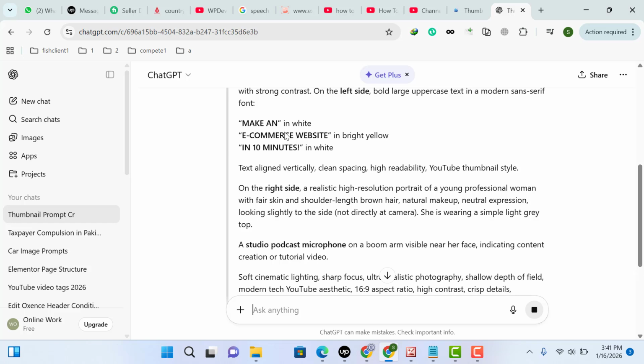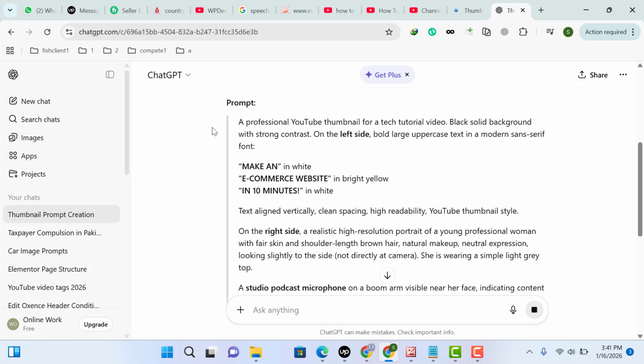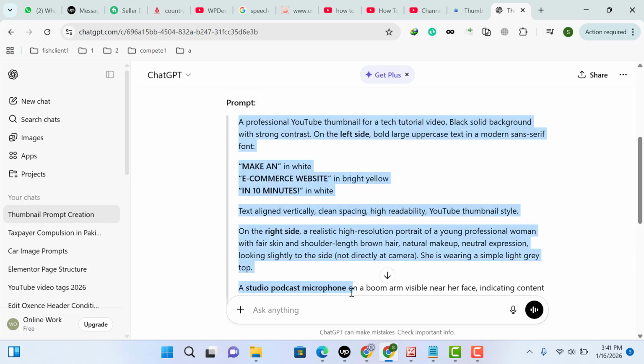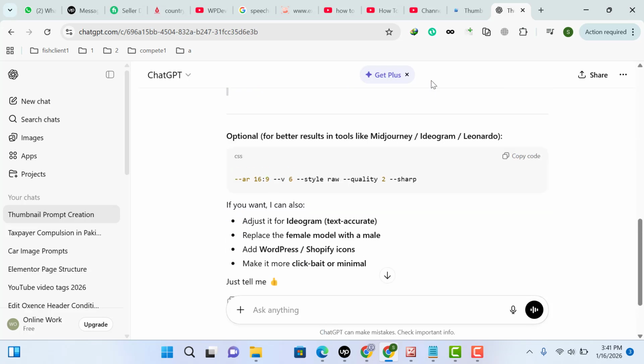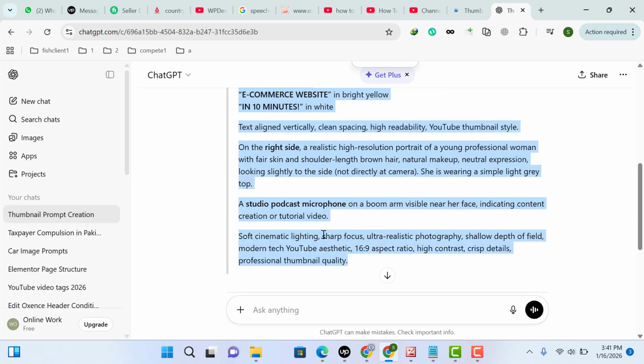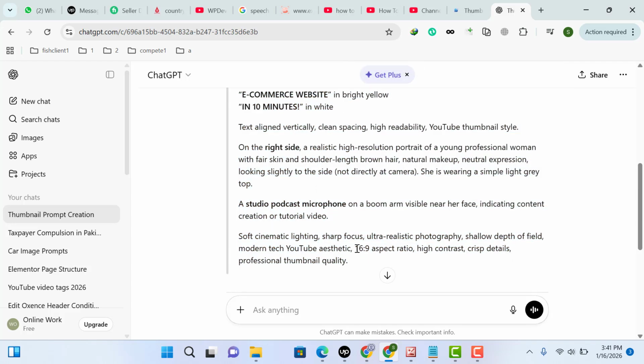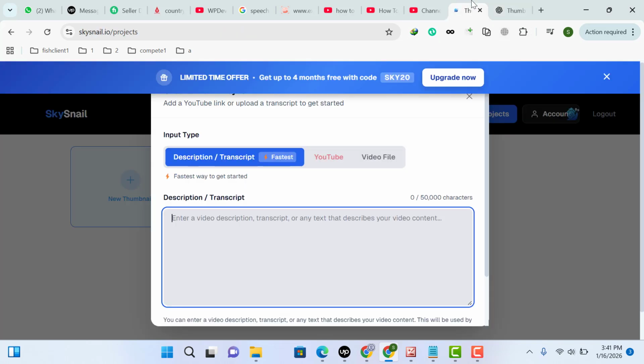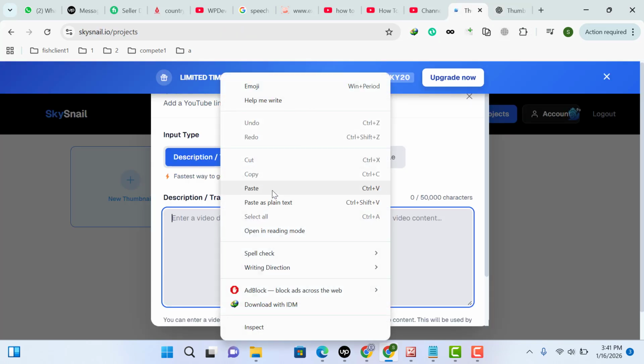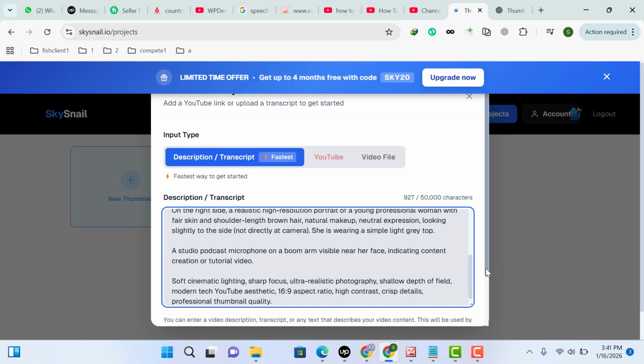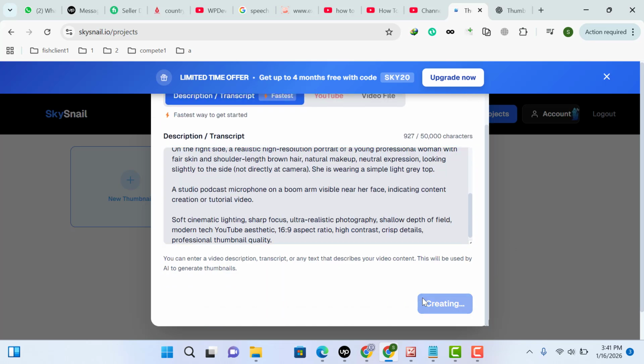Okay, now I can copy this prompt from here, select all of the text in the prompt, and one of the most important things is to make sure that you have selected aspect ratio 16:9. After that add this one here, then scroll down and create a project,